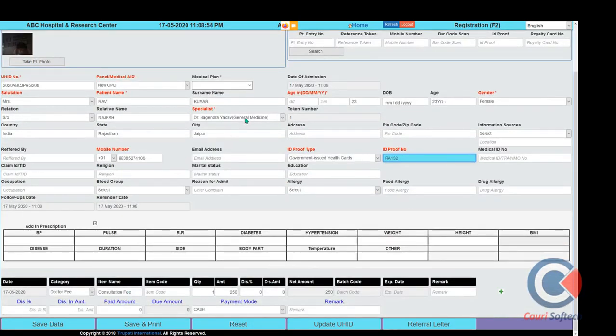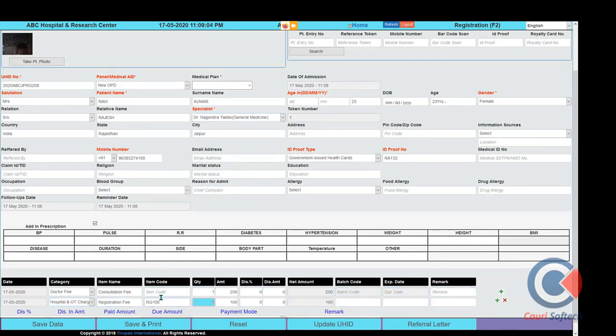As you can see, according to the doctor's selection, the consultation fee is charged automatically by the system. The time and date are automatically received from the system. If we are charging a registration fee, this also comes from the system. If you would like to record the BP and pulse rate of the patient, we can put them here, and that entry will automatically come to the prescription later, digitally, using the patient information here.